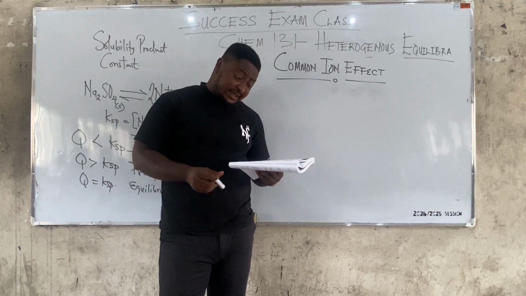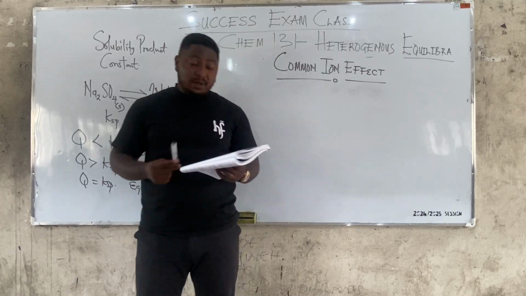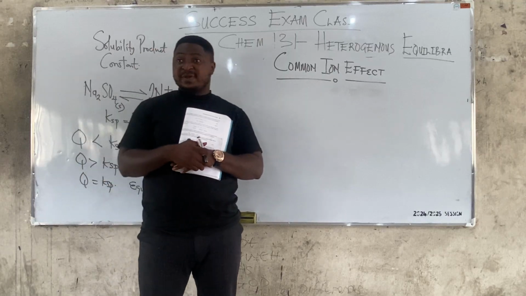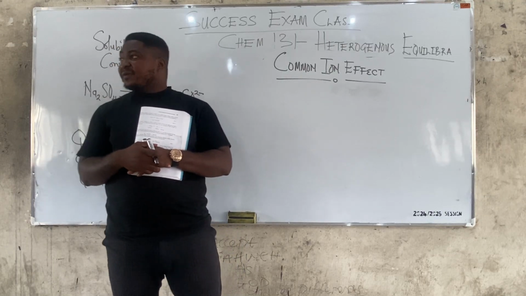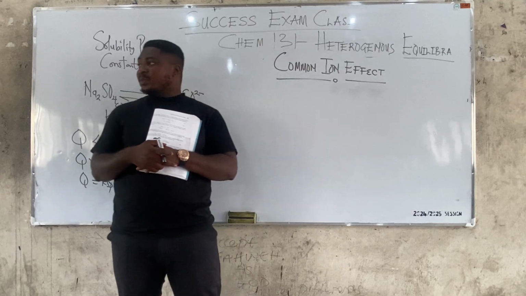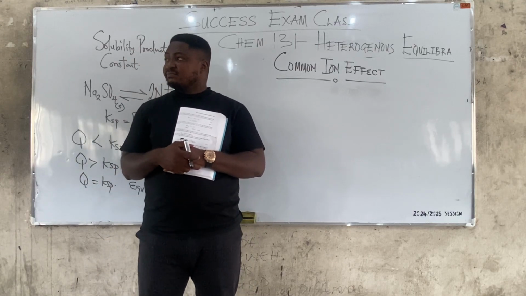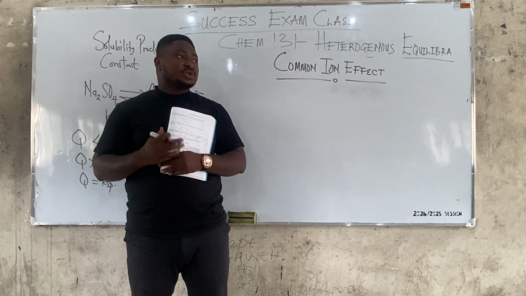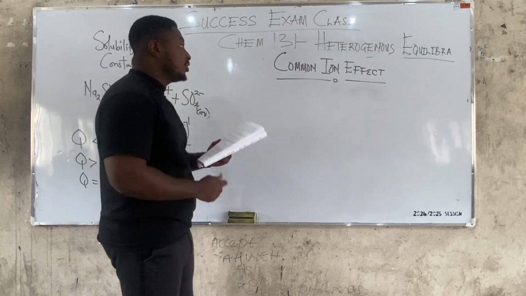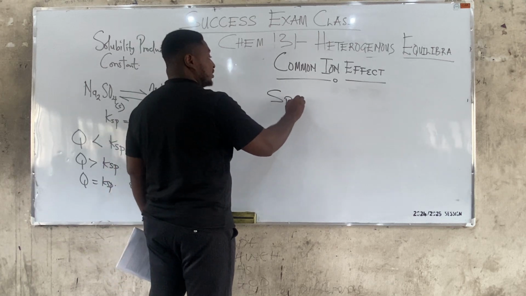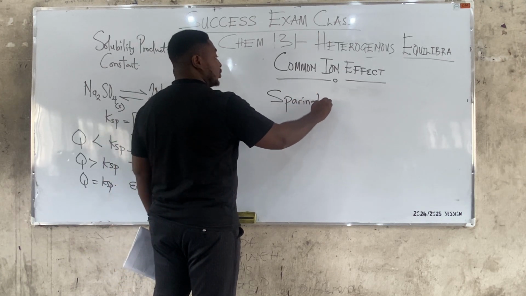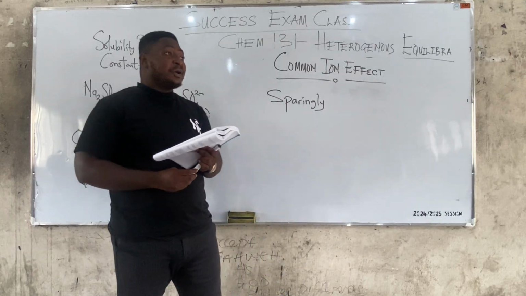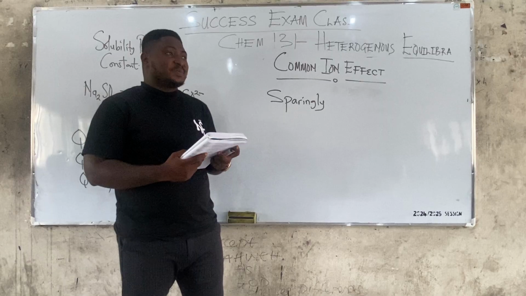Common ion effect is the decrease in solubility of a sparingly soluble salt. Common ion effect is the what? Decrease in solubility of a sparingly soluble salt. Sparingly means partially soluble. Sparingly means partially what? Sparingly means partially, not fully soluble. Common ion effect is the decrease in solubility of what? Sparingly soluble salt